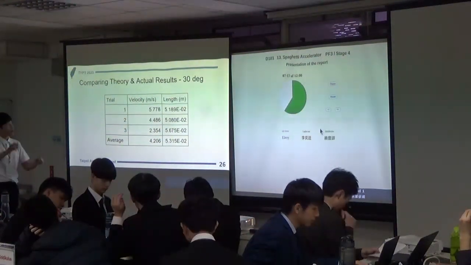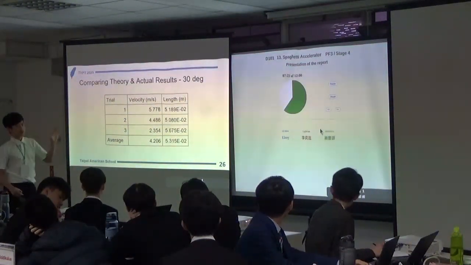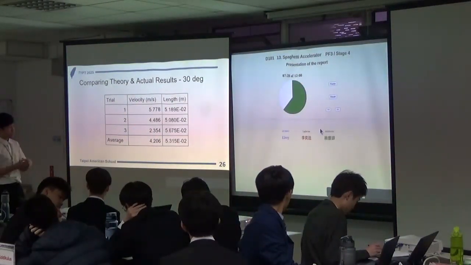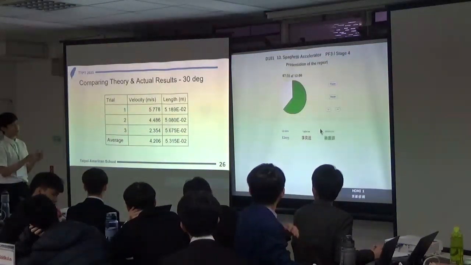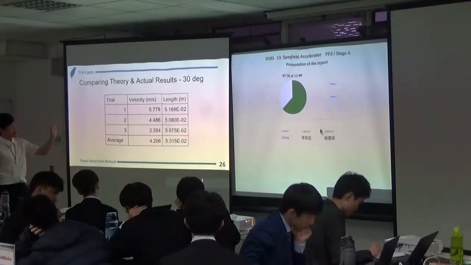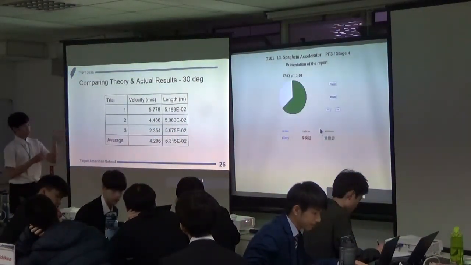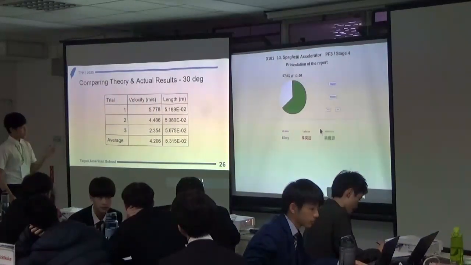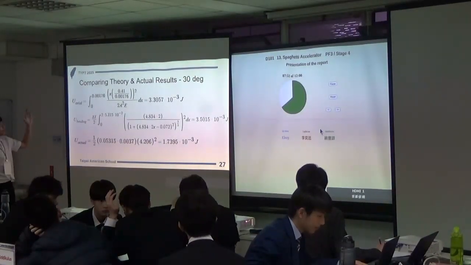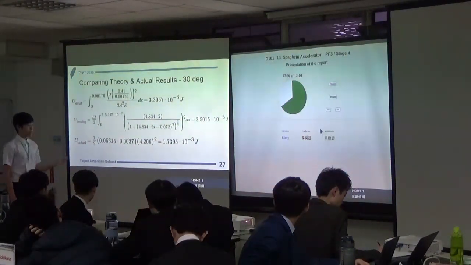So now we're going to compare our theory to our actual results, our models to what we actually got. And here's the 30-degree tube, which I realize is a bit of an odd name, but essentially it's the shallower tube. Here we have the velocity of the ejected piece of spaghetti, and we have the length of each ejected piece of spaghetti, and then we took the average. The reason we're doing this is so that we can calculate the energy that we get at the end. So the data that I showed earlier is going to go into here, the actual energy, which we calculate using